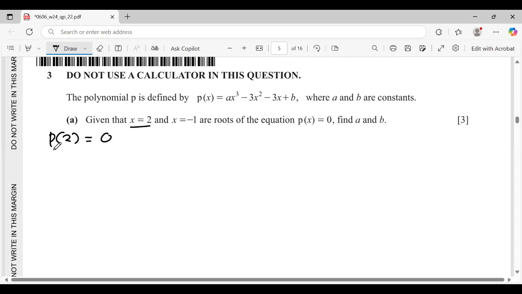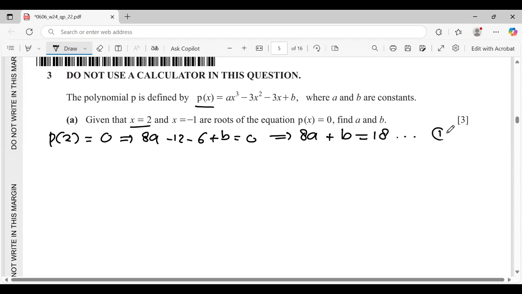p(2) is 0, because x equals 2 is a root of p(x). So we can write 8a minus 12 minus 6 plus b equals 0. So we get the equation 8a plus b equals 18. This is the first equation. And the other information is x equals minus 1. It means p(minus 1) is 0, because x equals minus 1 is a root of this equation. So